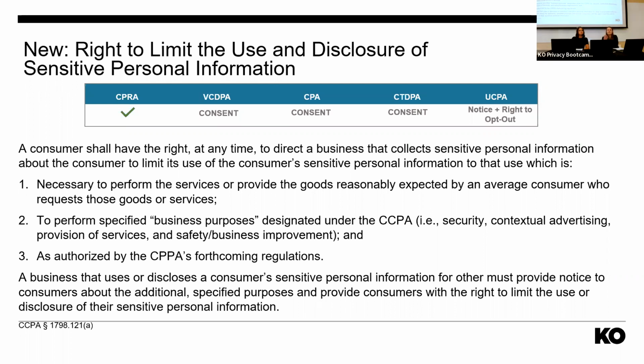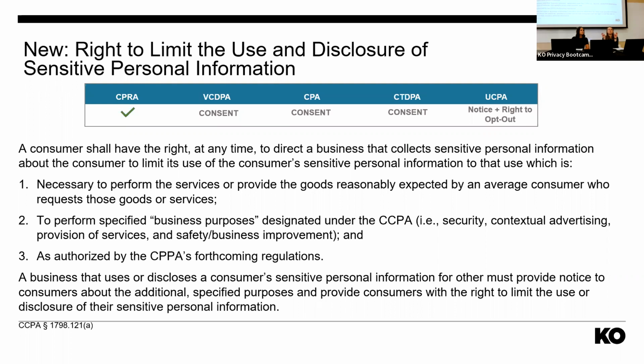using sensitive personal information and they receive an opt-out, they have to limit their use of the information to only what is necessary to perform the services or goods reasonably expected by an average consumer who requests those goods and services. So I think that latter part is a really important aspect. When you limit the use of sensitive personal information, it has to be in a manner that you're using the data in a way that they expect with services they request. So this will come up, I think, a lot in the advertising, ad tech context, data broker context. There needs to be kind of similar to